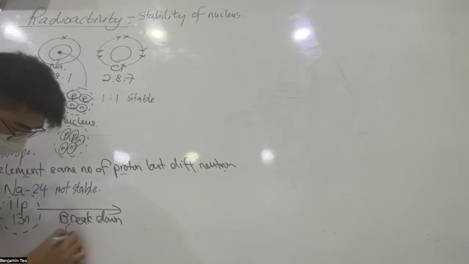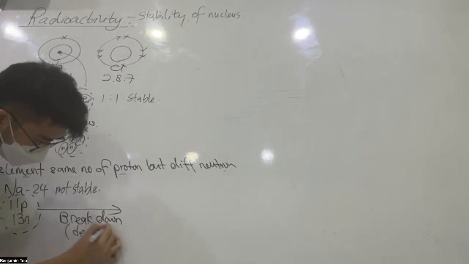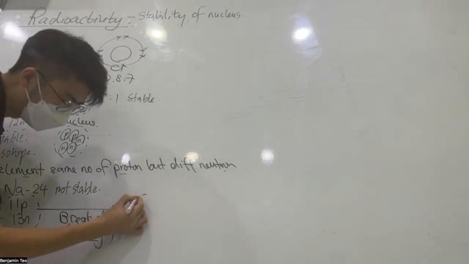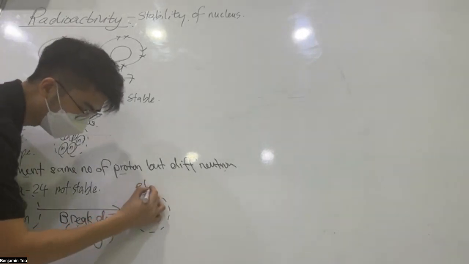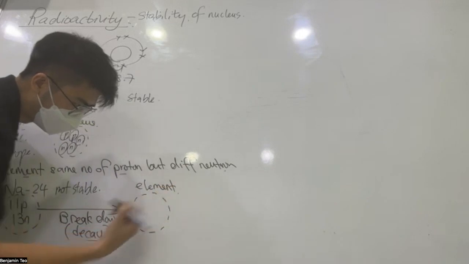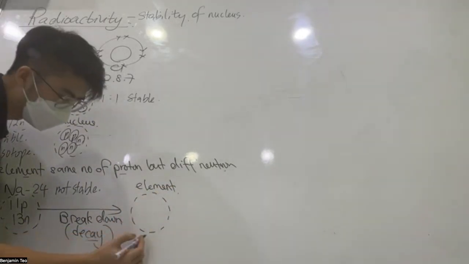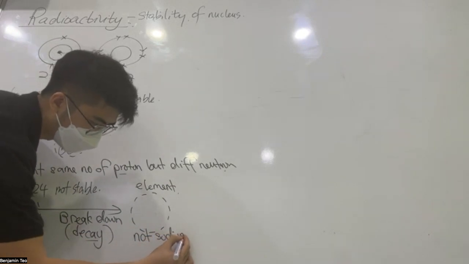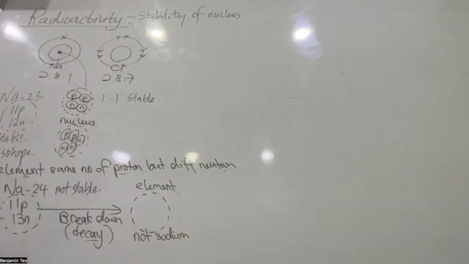Okay, so not stable，它会 break down。它的什么 break down？它的 nucleus 会 break down。我们叫这个 decay。This is the word that you always see. Decay into a new element. A new element. This is no longer sodium already. This is not sodium already. It will be an entirely new element. This one. Okay? So this is the, you can say the parent